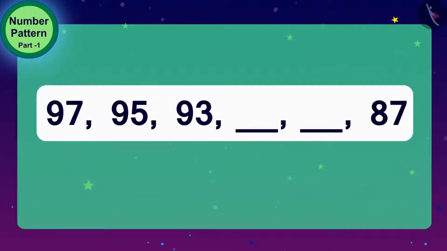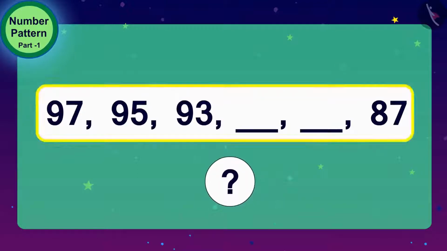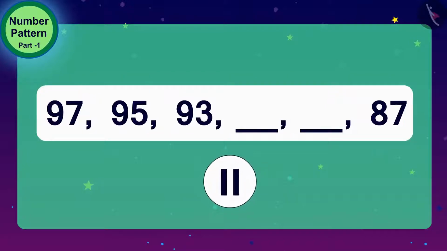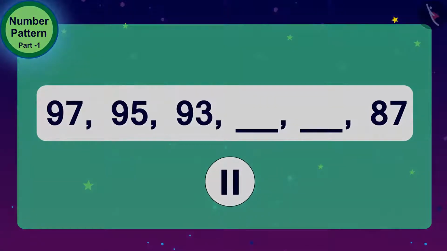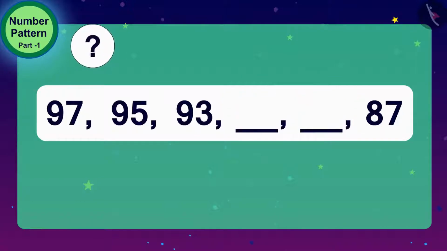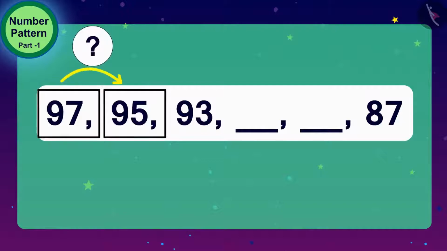Children, please also think what is the rule of this number pattern. If you wish, you can stop the video and think of the answer. Well done, children. You have got the right answer. What do we have to do to get the 95 from 97 here? Yes, we have to subtract 2